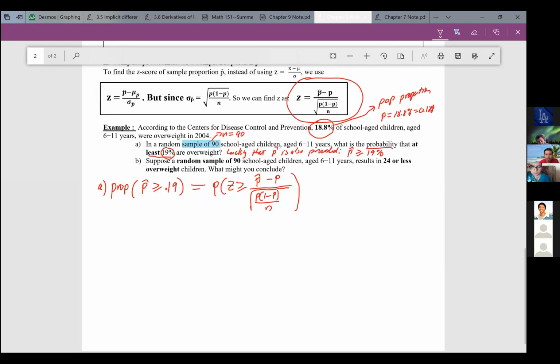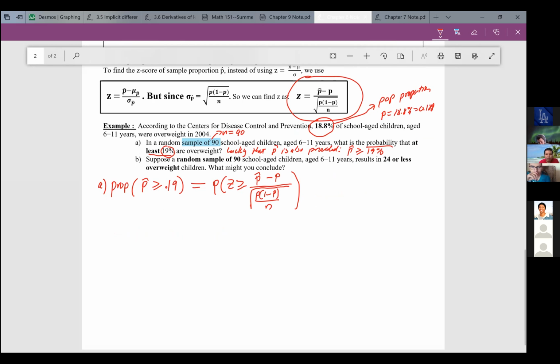Then we can plug in whatever numbers we have. All right, so here we go. Z is bigger than or equal to 0.19 minus 0.188 divided by square root of 0.188 times 1 minus 0.188 over